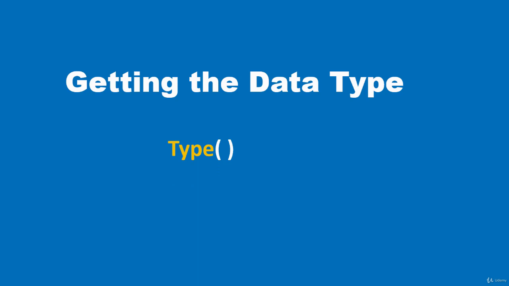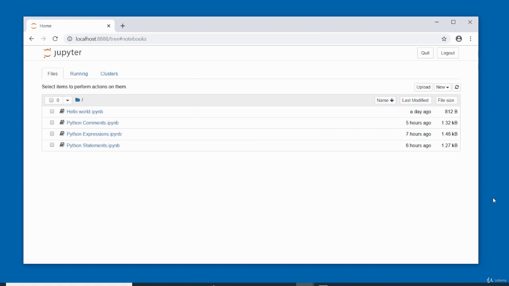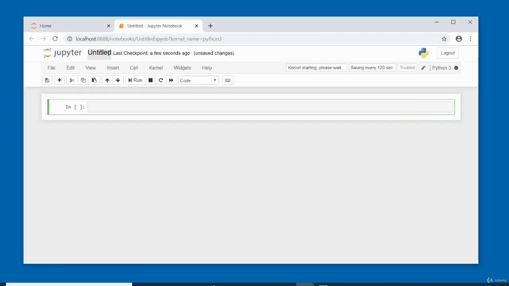So basically you pass in a value in between the parentheses, and this type function will return the type of data type. So let's create a new notebook and experiment with some data types. So I'm going to create a new notebook. So I'll come here, say new, click on Python 3, and I will give the notebook a name,